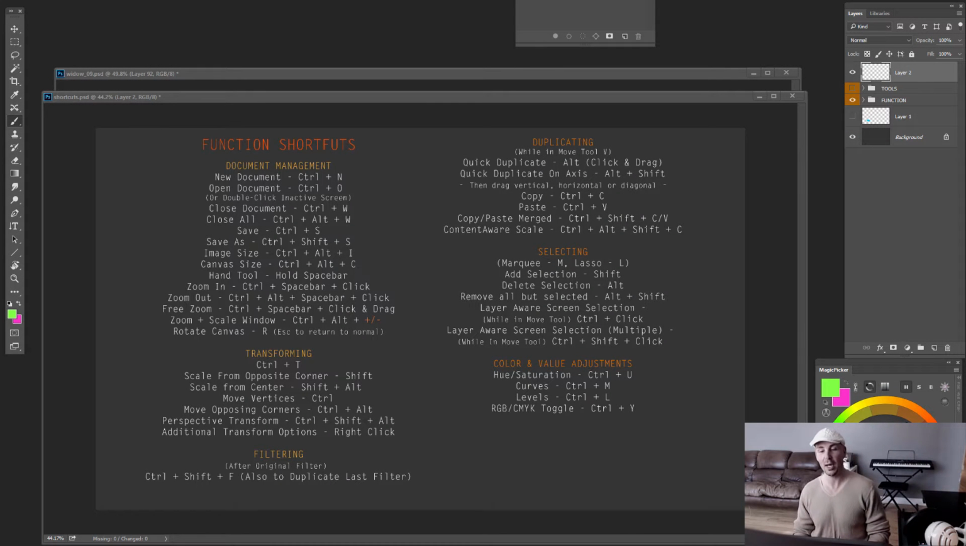Everybody, and welcome back to the next part of this keyboard shortcut tutorial. In this particular case, as you can see on the screen, we're going to be looking at function